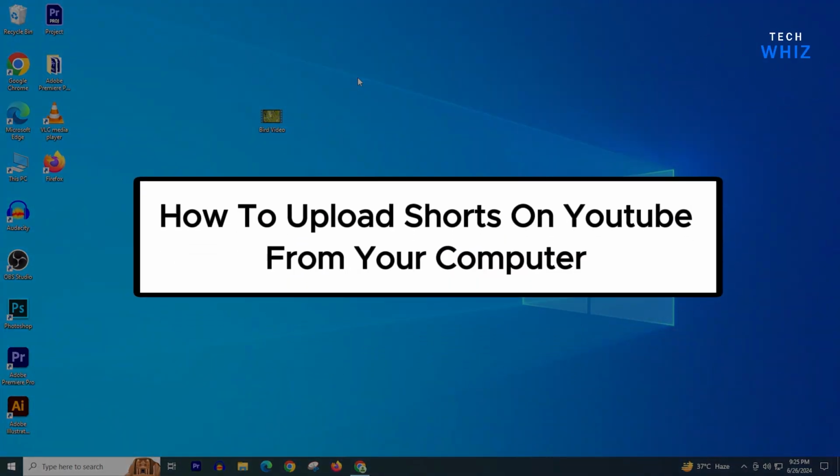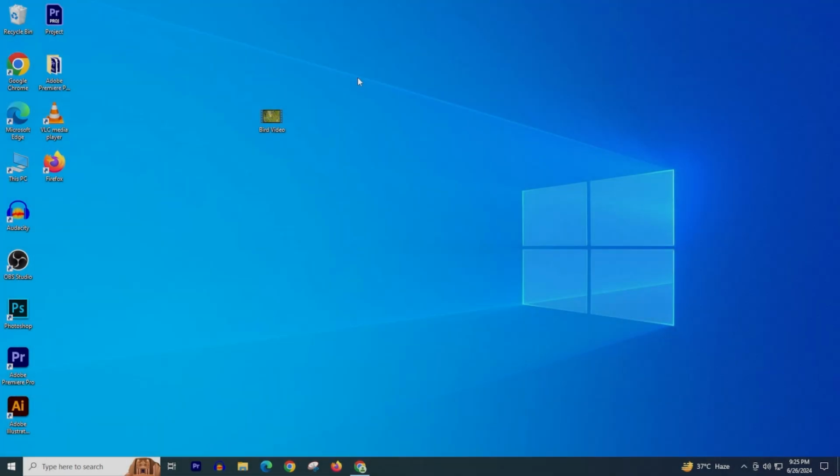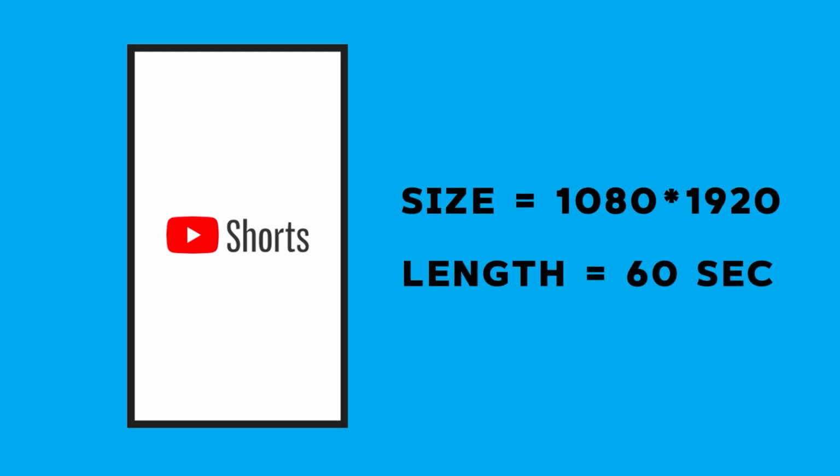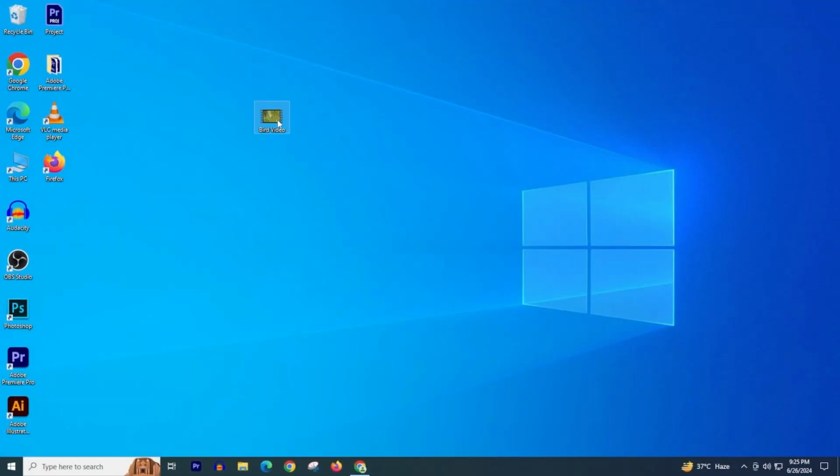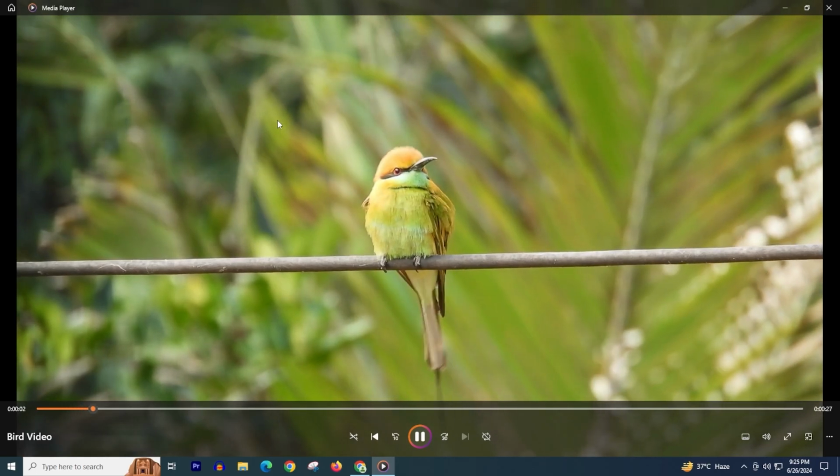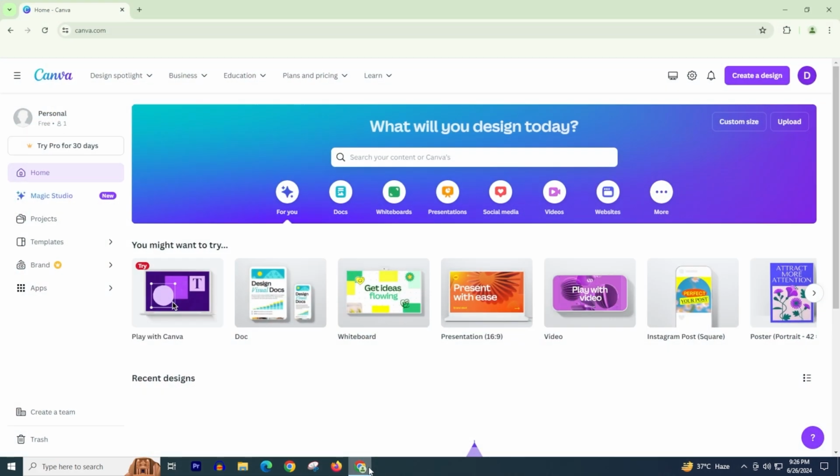How to upload shorts on YouTube from PC. First, make sure you have the video in vertical format, 1080 by 1920, and the video length must be smaller than 60 seconds. Now if you have your YouTube video in horizontal format, first go to canva.com and log in